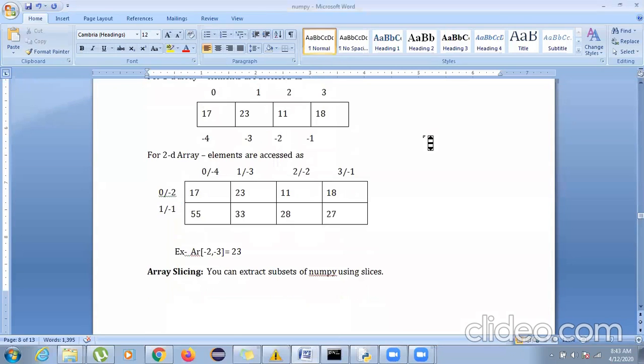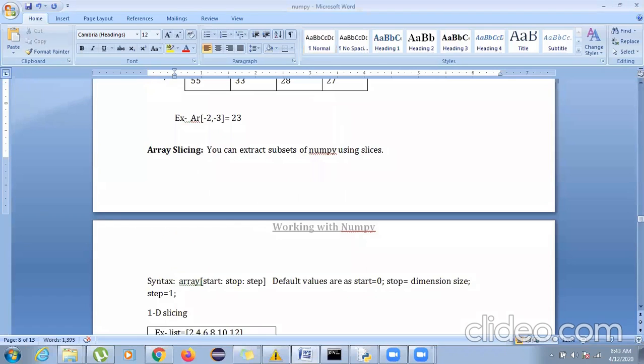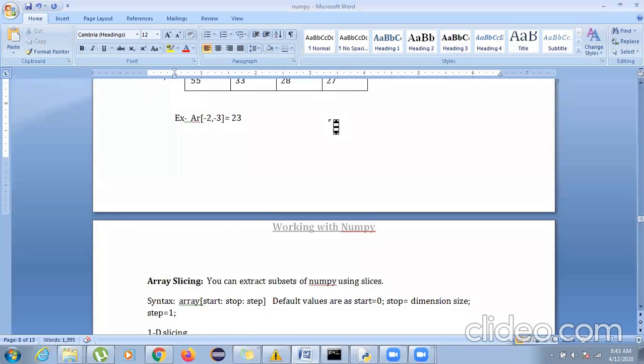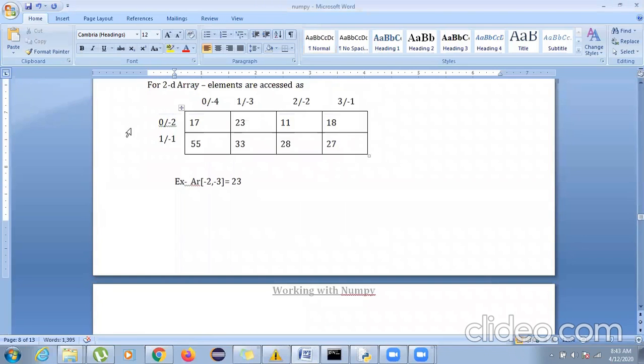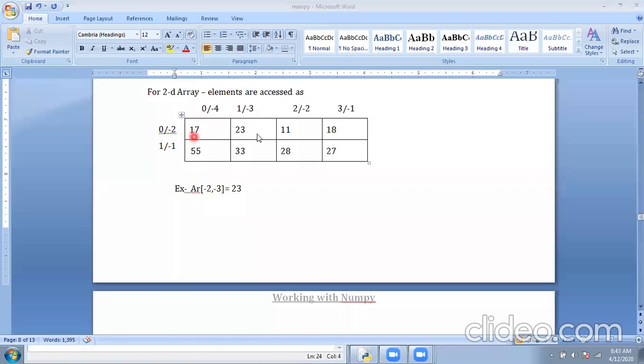Okay. So after indexing, we'll be moving on to our array slicing. For example, over here, for a 2D array, if you're going to access this using negative indexes, the first index is your row. So -2 means we are discussing this particular row, since -2 is written over here.